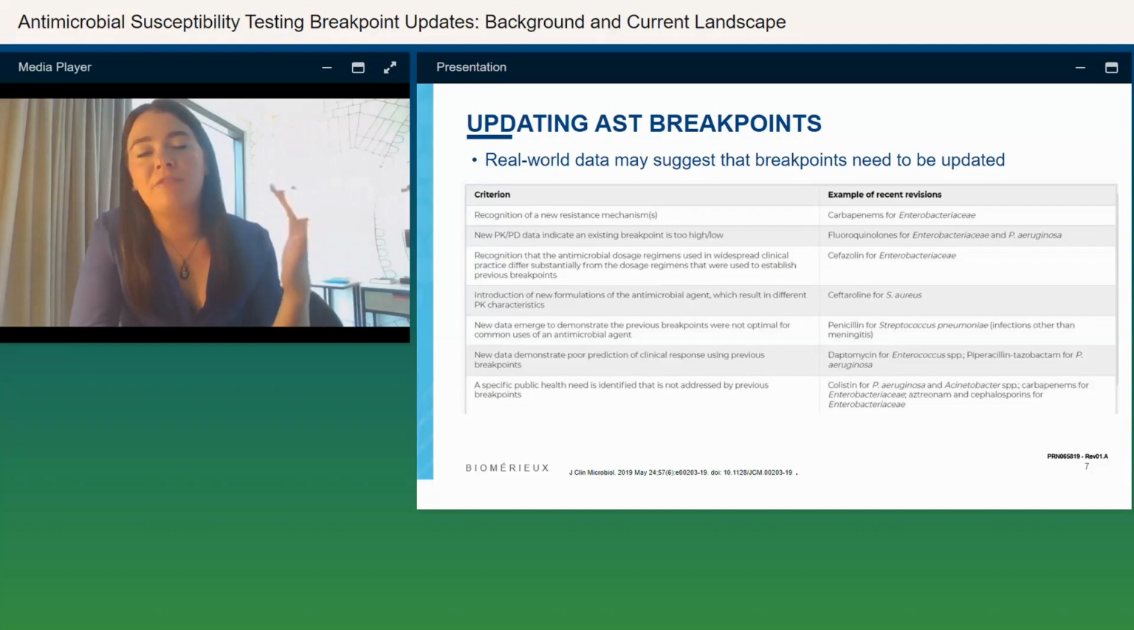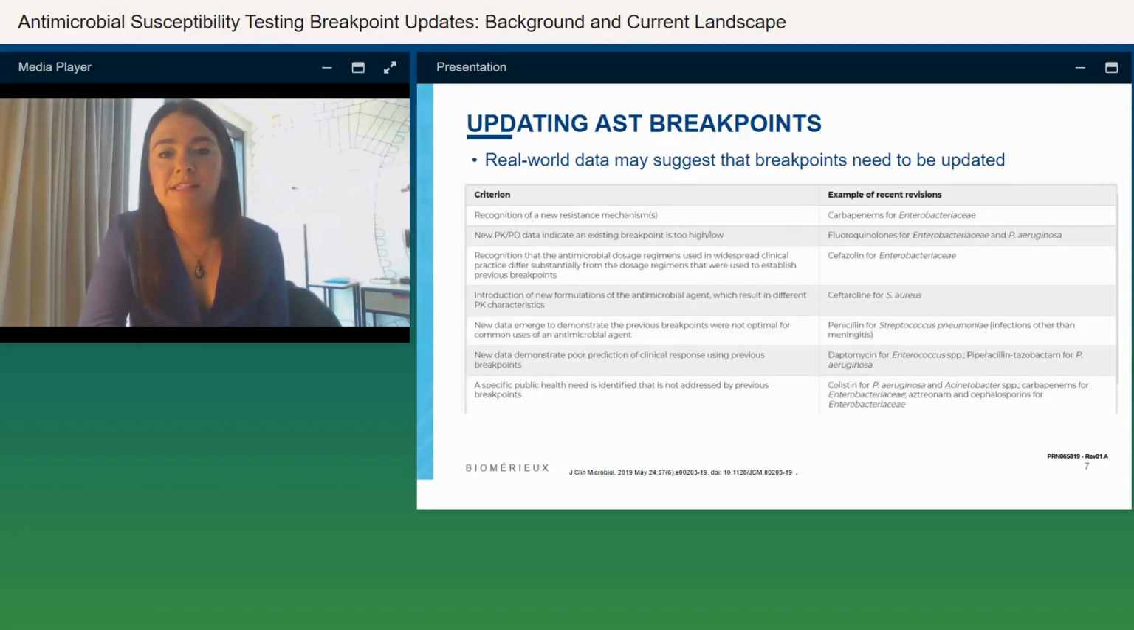And this lists a variety of examples that may lead organizations like the Clinical and Laboratory Standards Institute, or CLSI, to update breakpoints. So that top example there is one we're all probably very familiar with. This is the recognition of a new resistance mechanism. This is what we really saw with the carbapenems for Enterobacterales and really led to a lot of significant breakpoint changes. Other reasons may include things like new pharmacokinetic or pharmacodynamic data indicating that a breakpoint is too high